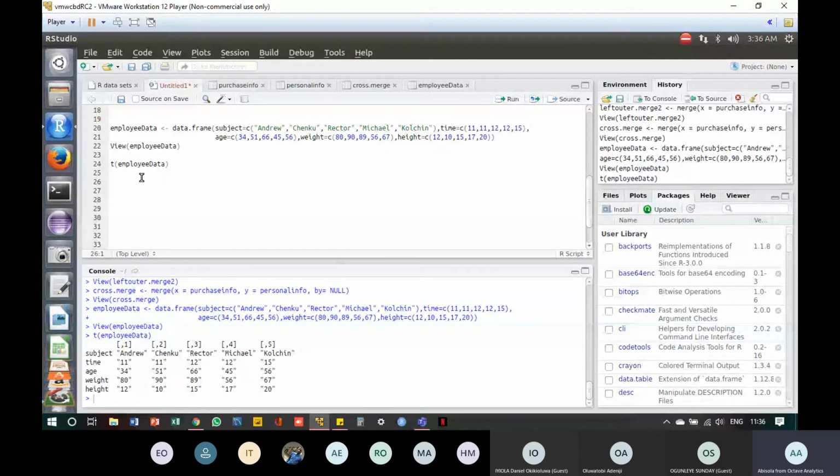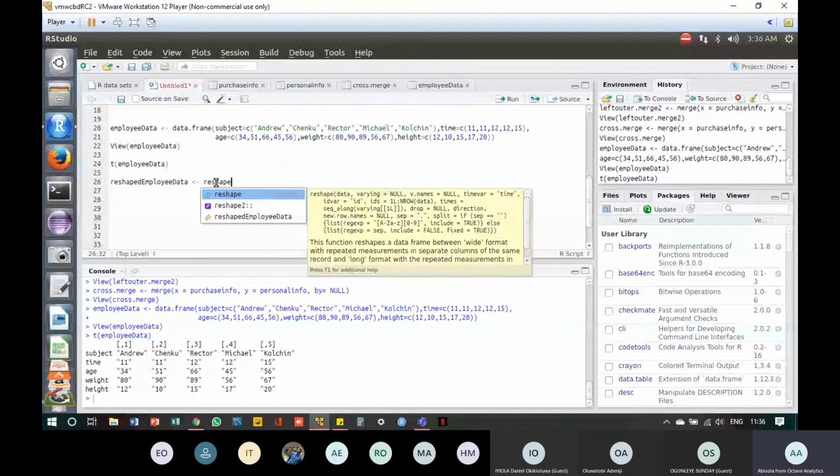The function we're going to be using is the reshape function. So reshape employee data,